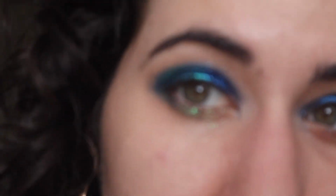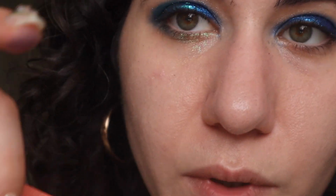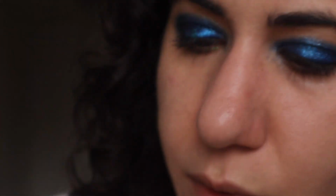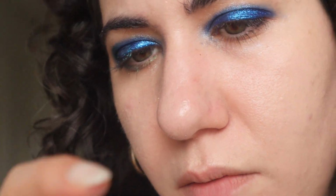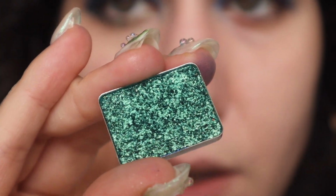Okay, so my camera died and I left to do other things, and the Oden's Eye eyeshadow already creased. It was looking pretty terrible. I really don't like that formula. It's not for me. So I'm trying to fix it as best I can using other eyeshadows. So for this eye, I've already started. I added the green one from Oden's Eye. This one, it's called Christopher. I added that to the outer corner, and then